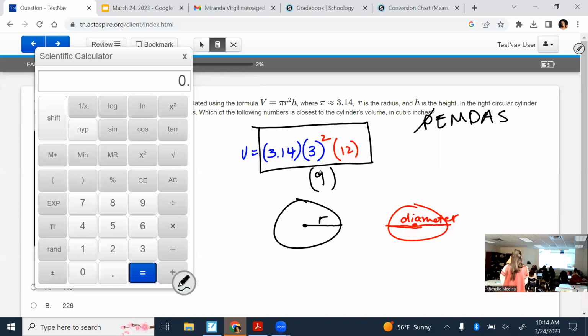9, and you can use your calculator for that. Always clear it first, but yeah, 3 squared is 9, you see. Bring down everything else. And now the only step that's left to do is multiply. So that you can type in and it will hopefully work. 3.14 times 9 times 12 is